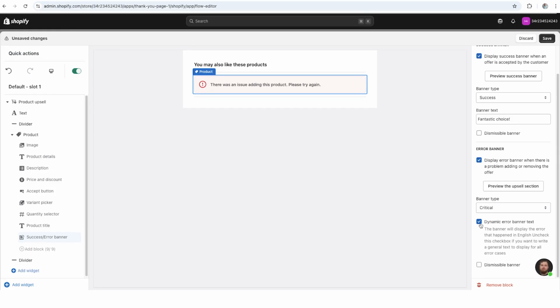Now onto the dynamic error banner text. For most stores, we would recommend keeping this on. This automatically provides specific details about the error in English. So regarding the reason for the error, ReConvert will pull through directly from Shopify the nature of that error. So it's very helpful for customers to know the reason why, let's say, there was an error in adding the